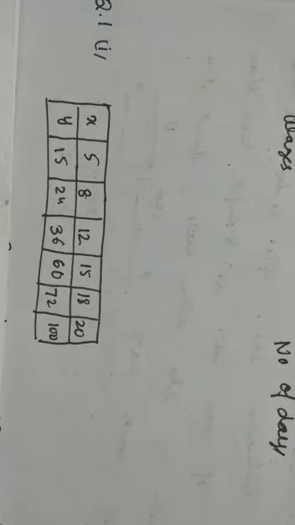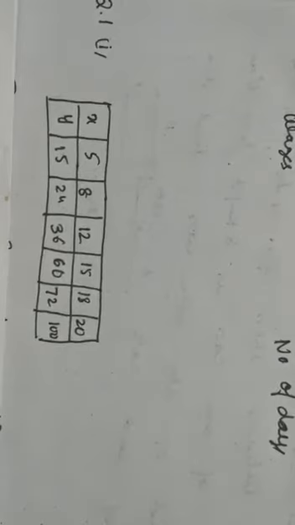Now in case of direct variation, here they have given you two quantities x and y. They are related like this. If x is 5, y is 15; when x is 8, this is 24; this is 12, this is 36. They are asking, are x and y in direct variation? So in that case, how do you check? They have to increase in the same way. It just cannot happen that this is increasing, this is also increasing. No, the increase has to be in the same way.